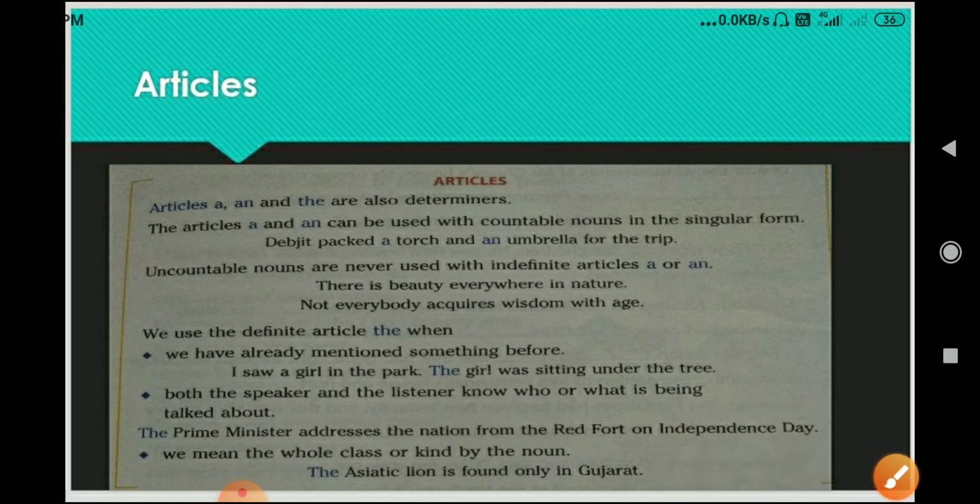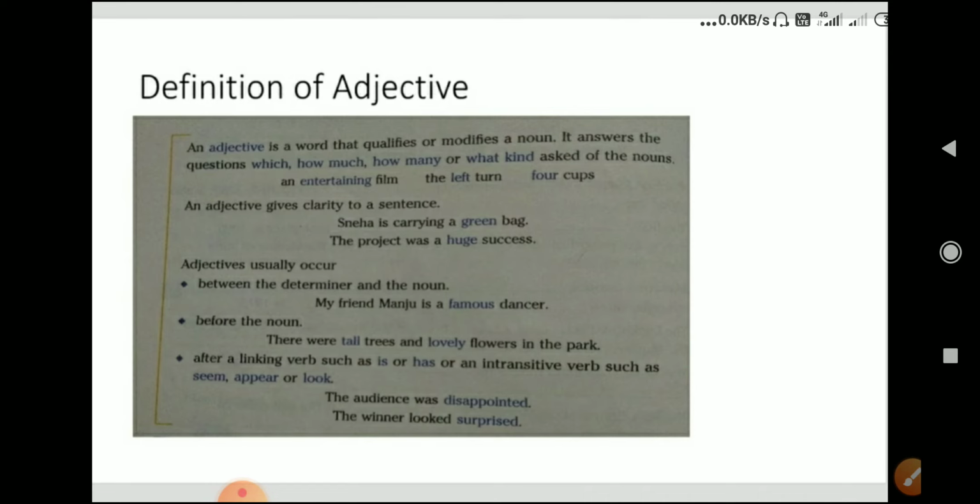So when it is well known, the indefinite article turns into the definite article, and to mention a specific noun we use the article. This is the use of articles. From first standard you have been learning the article, so I don't think it is required to teach you in detail about the article. So this is all about determiners. Only these 3 points come: the definition of determiner, the difference between possessive pronoun and possessive determiner, and third, the article.